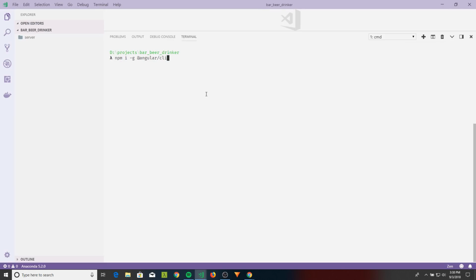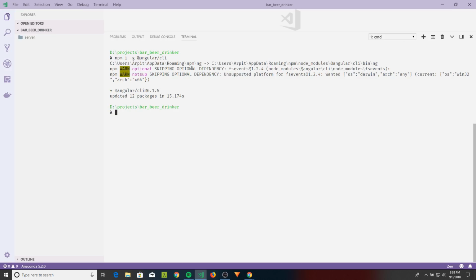So npm i -g @angular/cli, and once you install that, you'll be able to use the ng command. You should be able to use it from anywhere, given that we are installing this package on a global scope. Otherwise, it would usually be on the local scope. Okay, so now that I have Angular CLI installed,